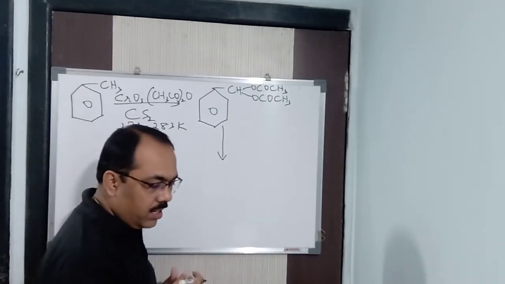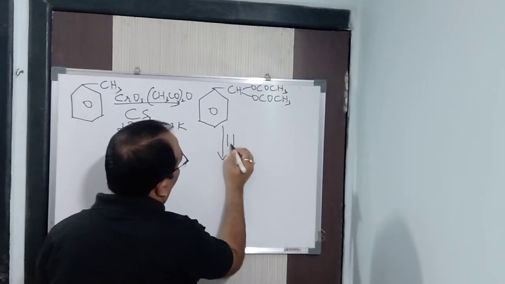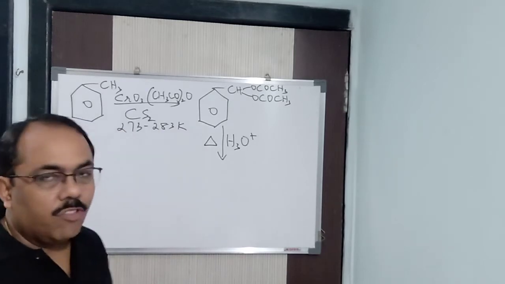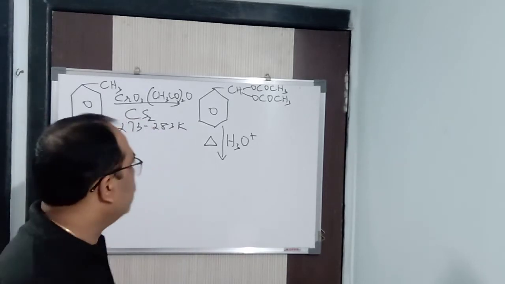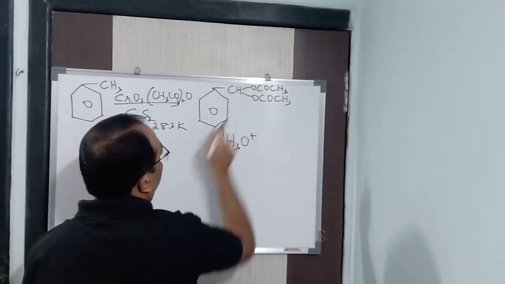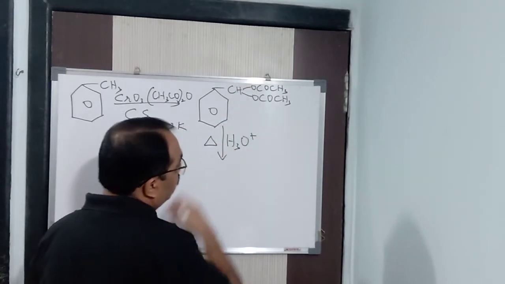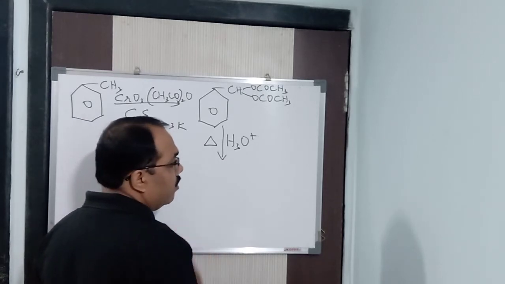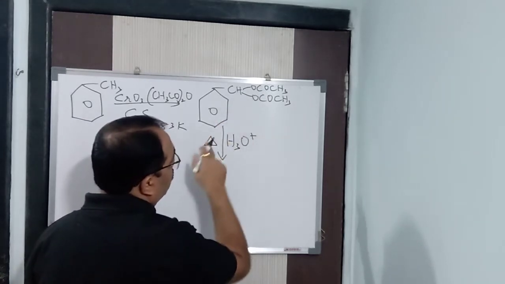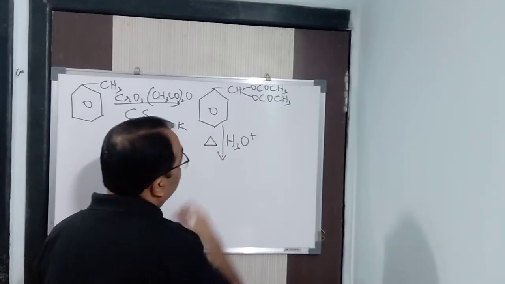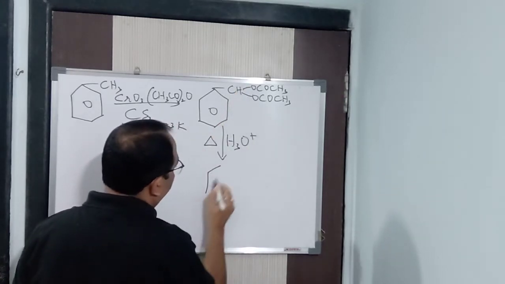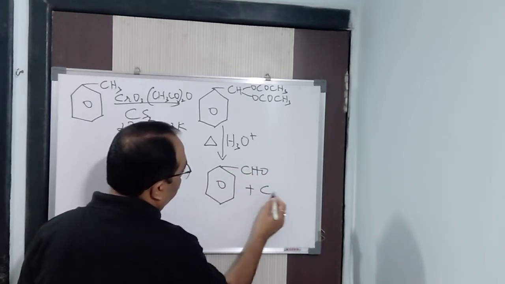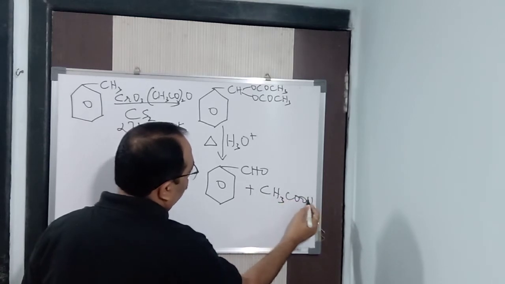Oxygen, because it is benzaldehyde. So what I will do is go for the same thing, acidic hydrolysis, and heat it. I need to go for acidic hydrolysis and I need to heat it. Why is heating required here? Because it is a stronger bond. Previously it was OCrCl2OH, so that was quite a weaker bond, so acidic hydrolysis was enough. But here it is a little bit stronger bond, so I need to break this bond, and some energy is required. For that reason heating is required here. So what I am going to get is benzaldehyde plus acetic acid, CH3COOH, 2 molecules.